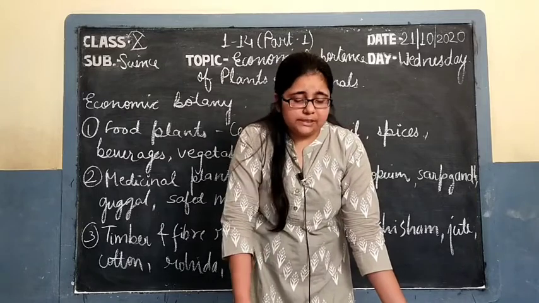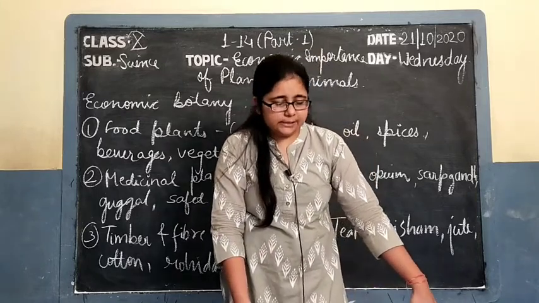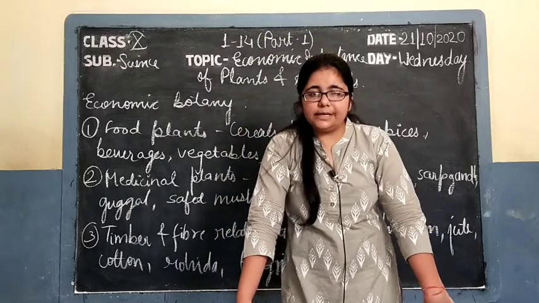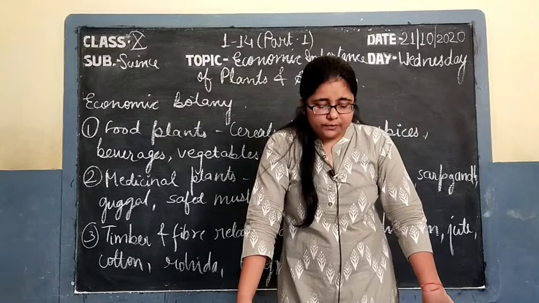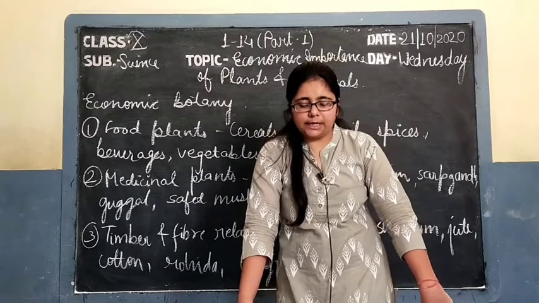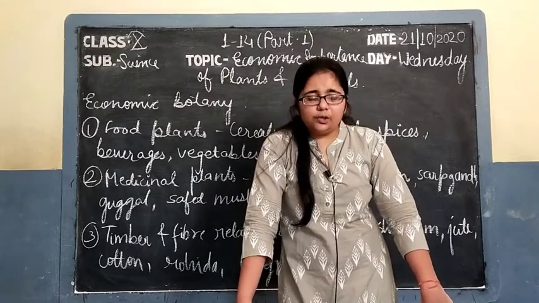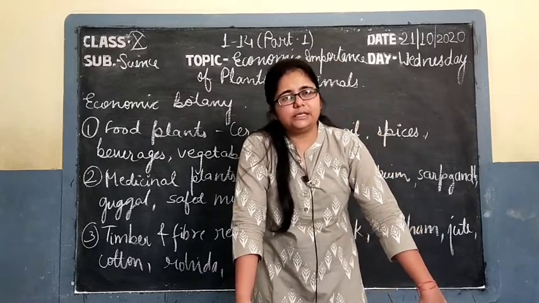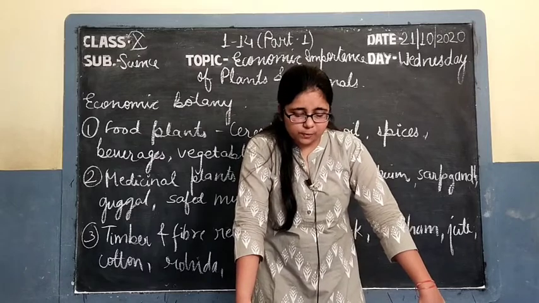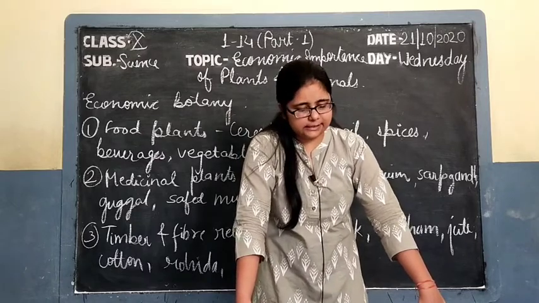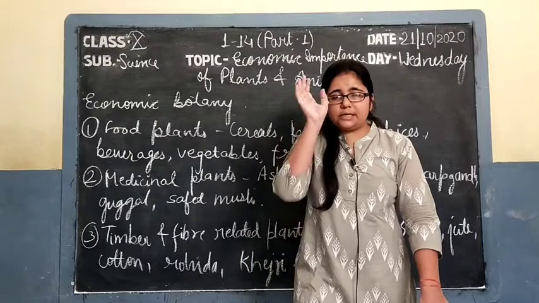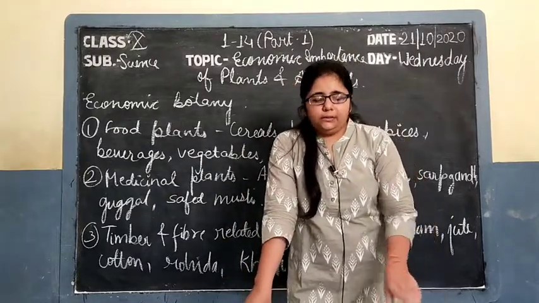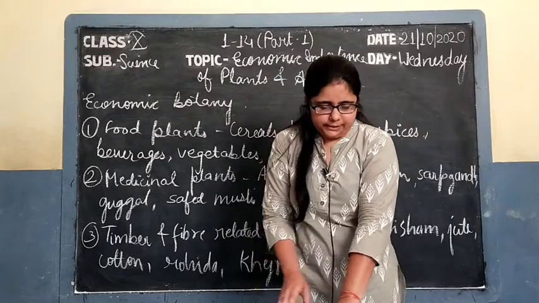So first example is teak, that is Tectona grandis. Second one is sal, that is Shorea robusta. Third one is shisham, that is Dalbergia sissoo. Fourth one is rohida or marwar teak, that is Tecomella undulata. Then the fifth one is khejdi. Khejdi is the state tree of Rajasthan, that is Prosopis cineraria, which is grown in the desert area. And the sixth one is deodar, that is Cedrus deodara, which is found in the mountains.